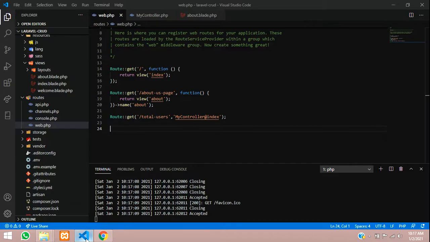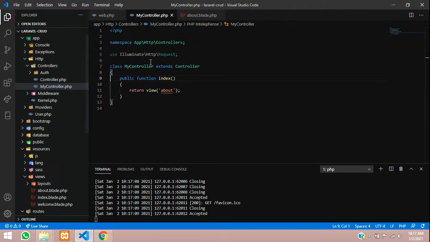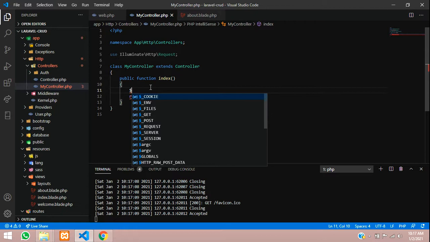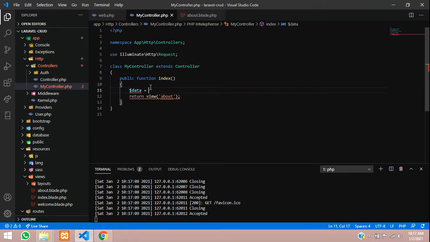So we are able to get this URL and go to this controller, and then come here and return. Now we'll pass a value over here. We will create a variable, dollar data, equal to, I'll just pass 50 over here.